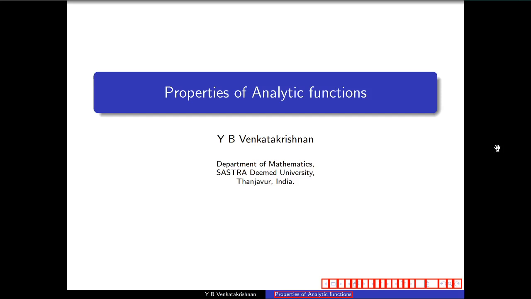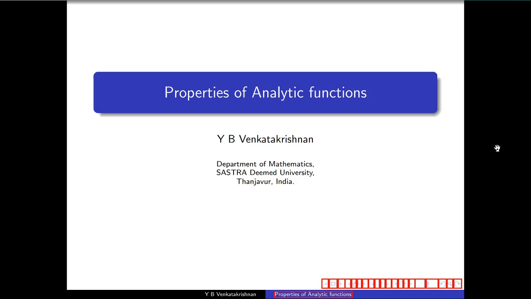The necessary condition for a function f of z to be analytic is that it has to satisfy the Cauchy-Riemann equations,